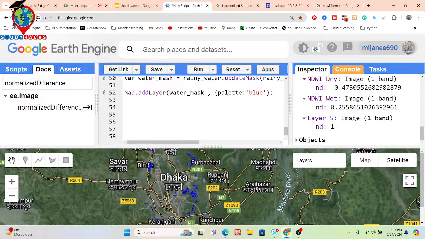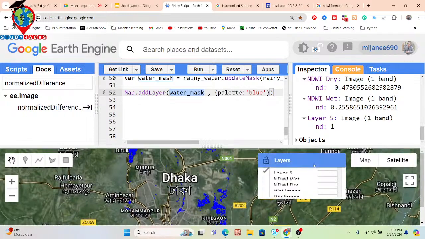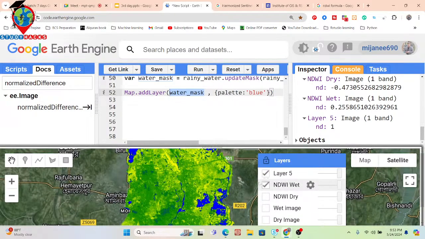Okay, so now we calculate the pixel area. Suppose how much area we can get from here. We calculate this type of pixel area from here. So let's